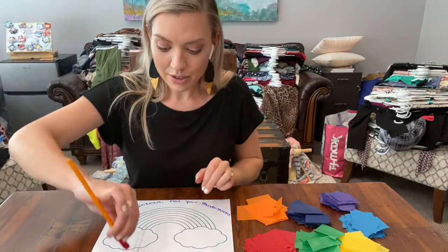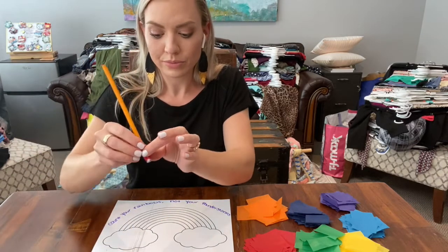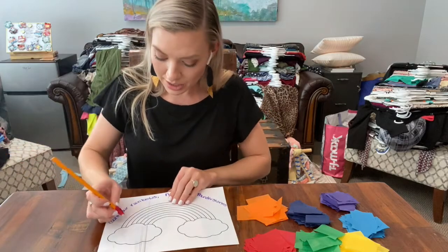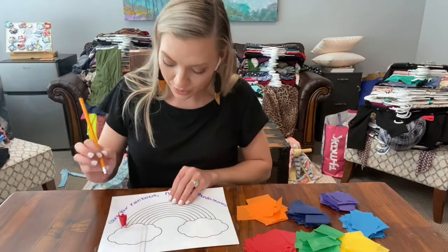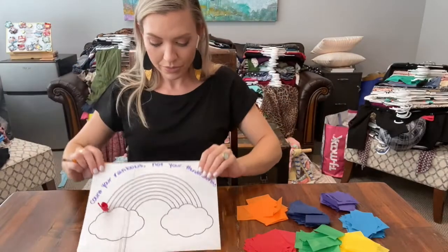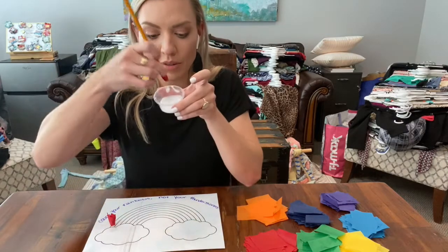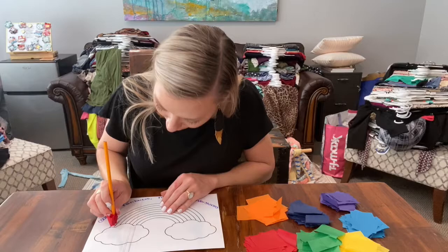And then you're going to take your pencil, and you're going to dip it in the glue, kind of dab it. You don't want it too wet. You can see, pick it, and dip it in the glue, and you dab it off. And then you're going to put it on the top line, like so. And you're going to work your way around that top line with your red. So you dip, tap, put it right next to the other one,